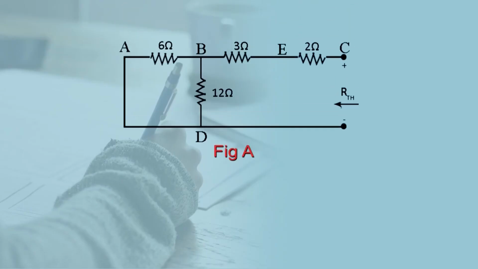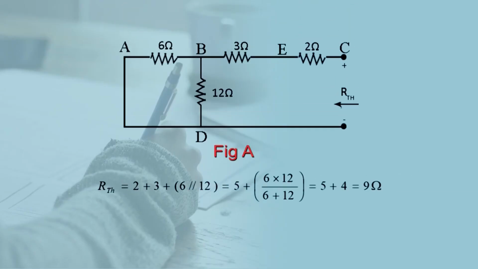And how can you calculate the Thevenin resistance of the circuit? Thevenin resistance is nothing but the equivalent resistance looking from two terminals into a network while all independent energy sources are replaced by their internal resistance. So in the previous circuit you can notice there are two energy sources. One is an ideal voltage source that has a value of 12 volt, and another is an ideal current source that has a value of 2 ampere. So what you have to do is replace this voltage source by a short circuit and the ideal current source by an open circuit, as you can see in figure A.